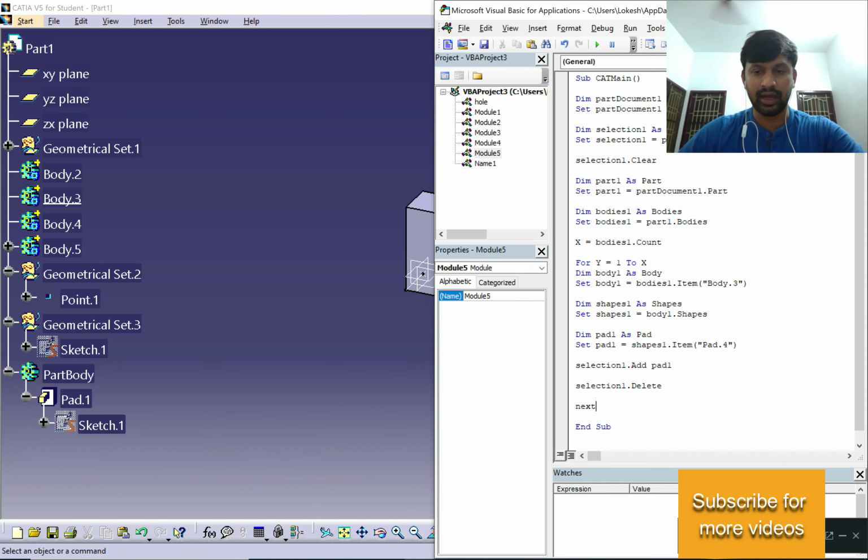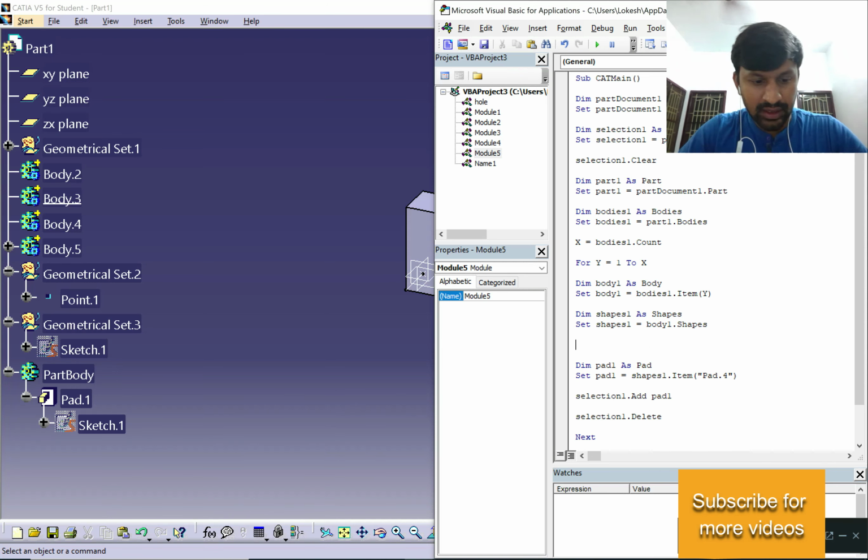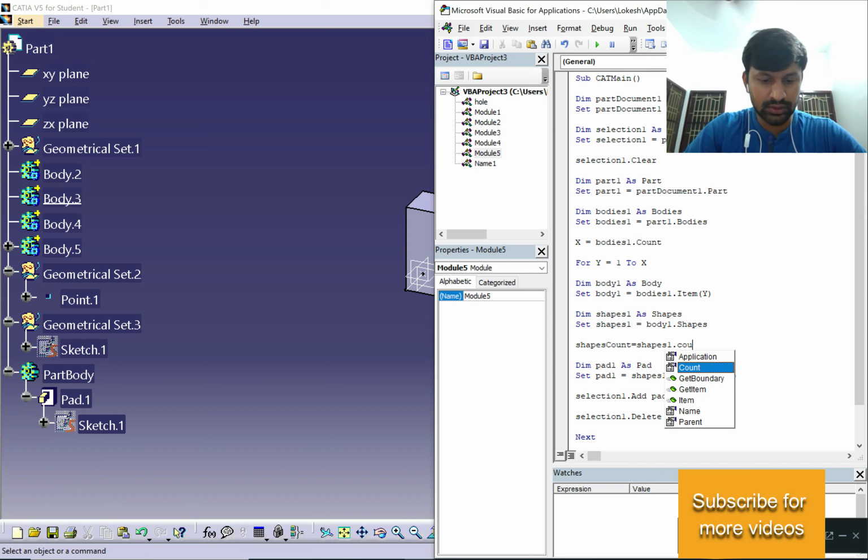Whenever I give For, Next has to be there. Then in this case, instead of Body 3 we can give y. We are defining the hybrid shapes, and what we are going to do is shapes count equal to shapes1.Count.